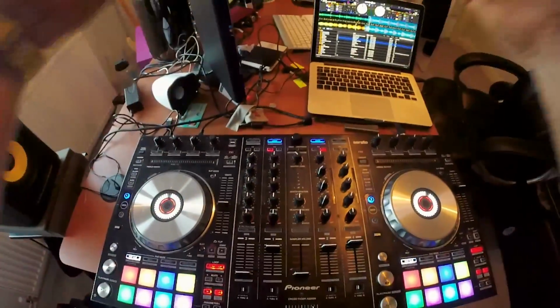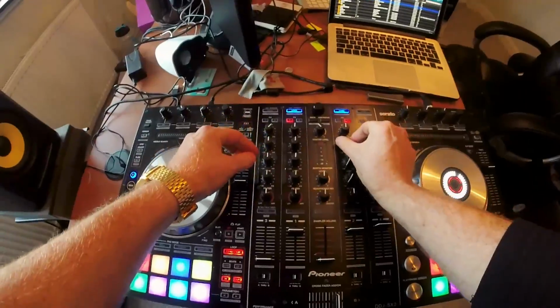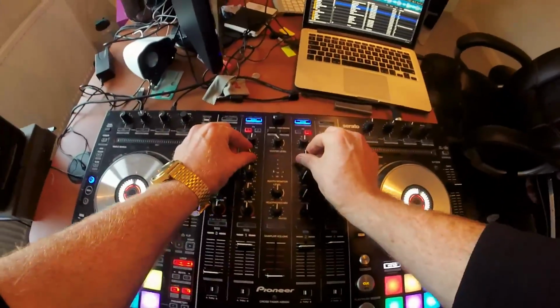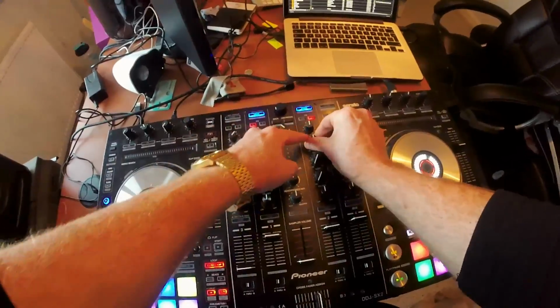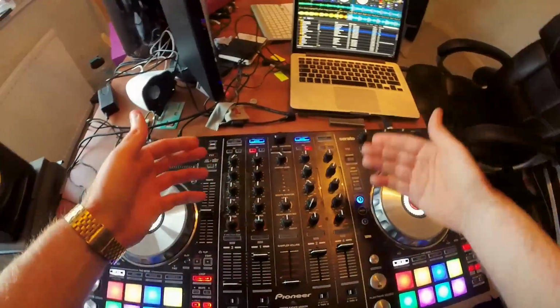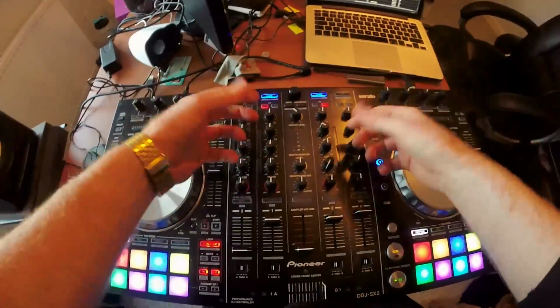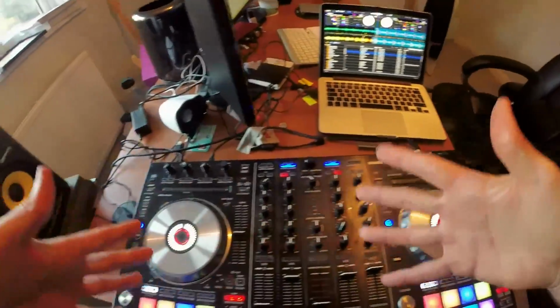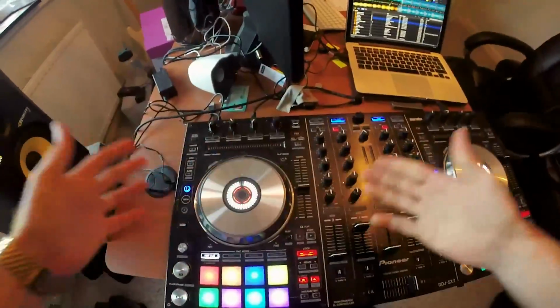If the highs are really clashy, you're going to have to take them away quicker. If you can't hear much of this song, you've got to bring it in quicker, and maybe you won't have to dip the highs as much. Perhaps the mids are more important. Like I know one of these tracks has got a saxophone on, so the mid frequencies might be more important. And you're just going on sound, but you want to get the structure, the bass drum of the second track